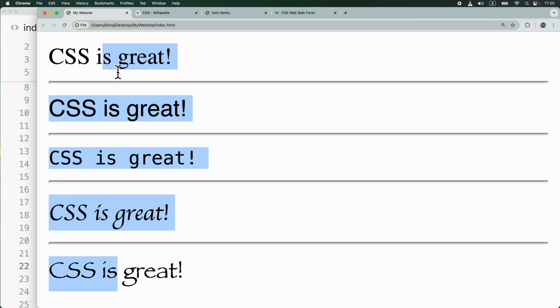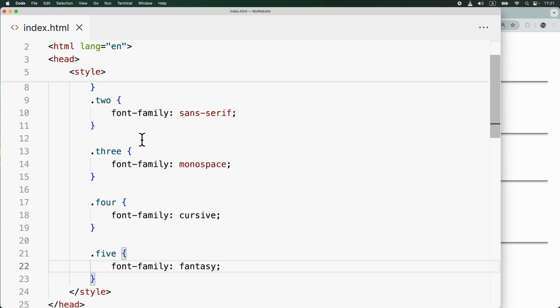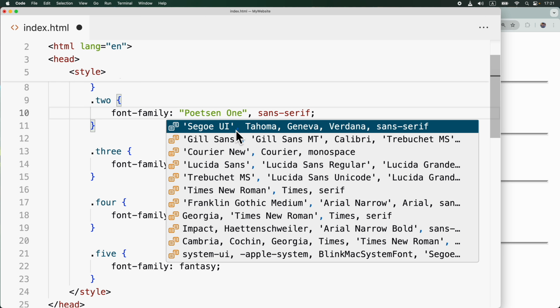When we specify a generic font family, like serif for example, the browser uses any font from this font family that is available in your website visitor's web browser. It's very safe to set a generic font family because the likelihood you have a font from this family is the highest. This is why if you want to set a font for your text, let's say for example, I want to set the Poetsen One font for the text of the second column, a good practice would be to